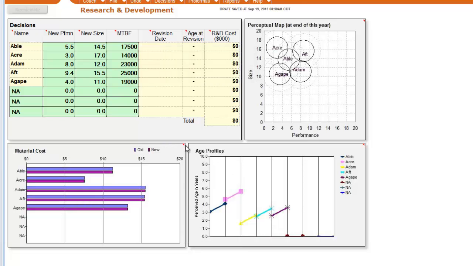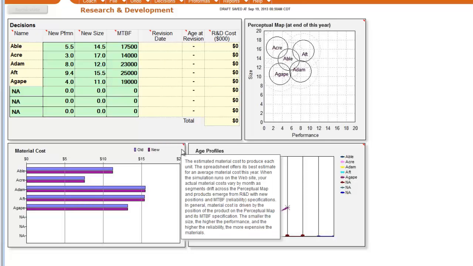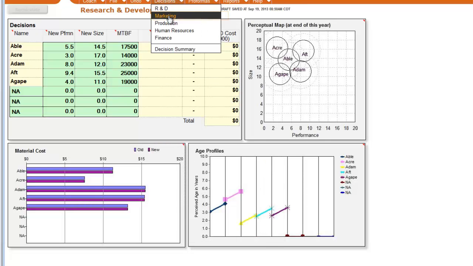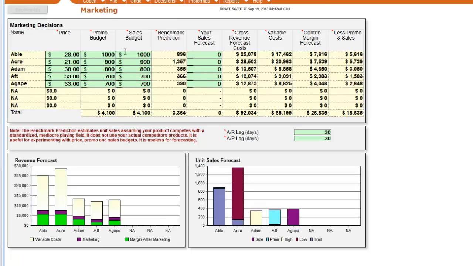You'll see that there's a number of them here, so you can use any of those to guide your decisions. The marketing decisions then are based on exactly what it sounds like: how do you want to promo and offer your sales budget? Notice again with the chevrons, it will tell you what is impacted by that particular budget because they each have a different impact. Your pricing, again, there's guides in the introductory material in terms of what's a reasonable level to